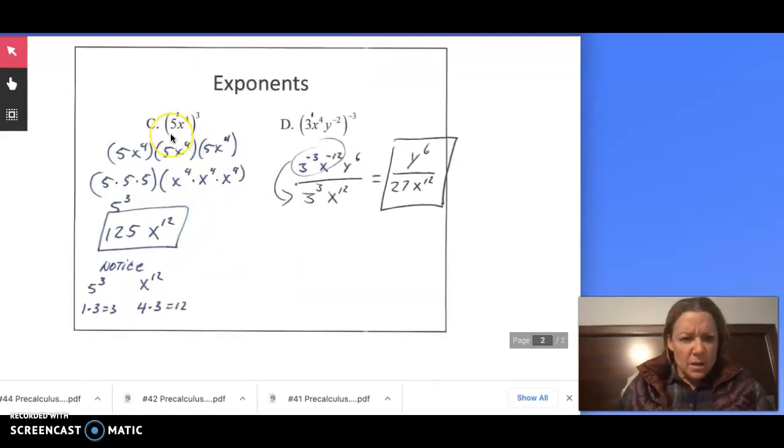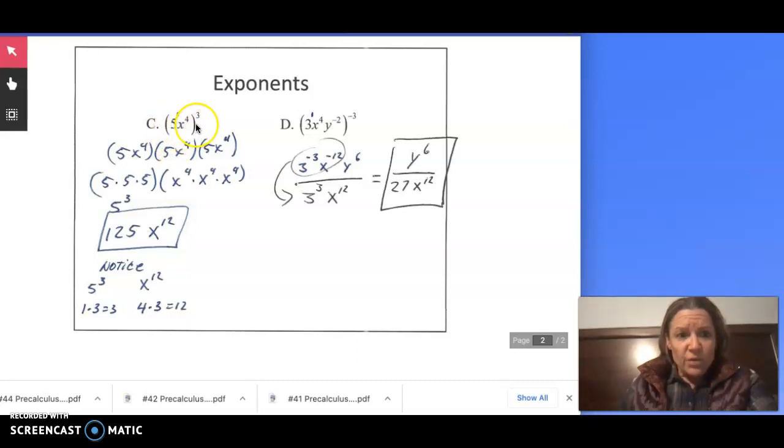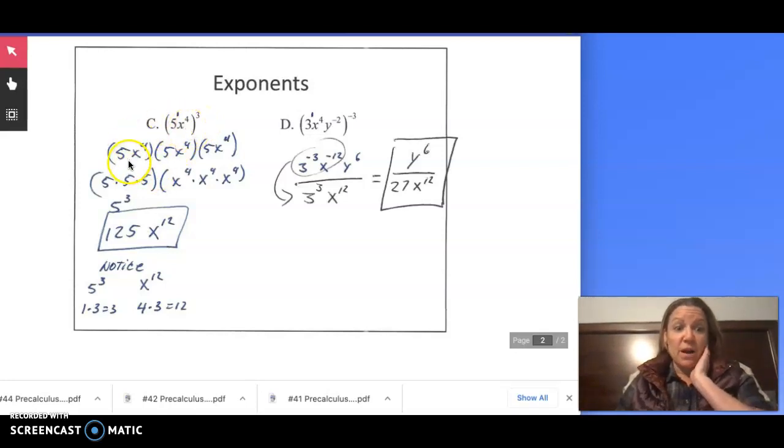Example C, we have 5x to the fourth all to the third power, which is like writing 5x to the fourth times 5x to the fourth times 5x to the fourth, if you want to think of it that way. Or you can just take the 5 and cube it. 5 cubed is 125. X to the fourth, x to the fourth, x to the fourth is x to the